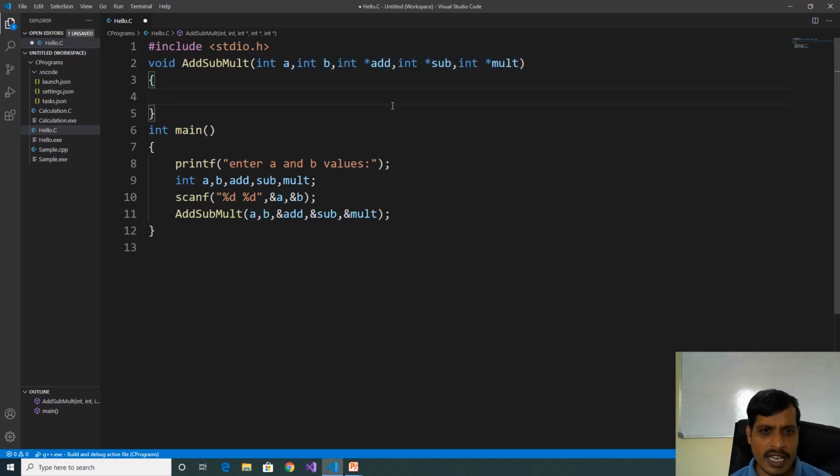Now we need to calculate addition, subtraction, multiplication and store the output into these variables.